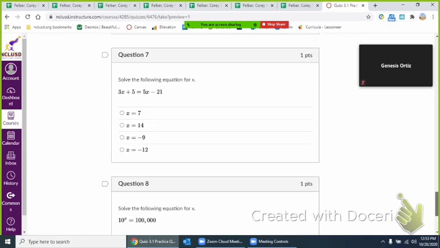Oh, go back to the example from question 7. Yes, so let me